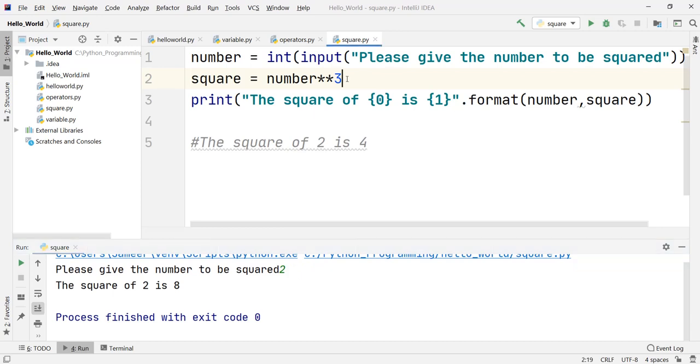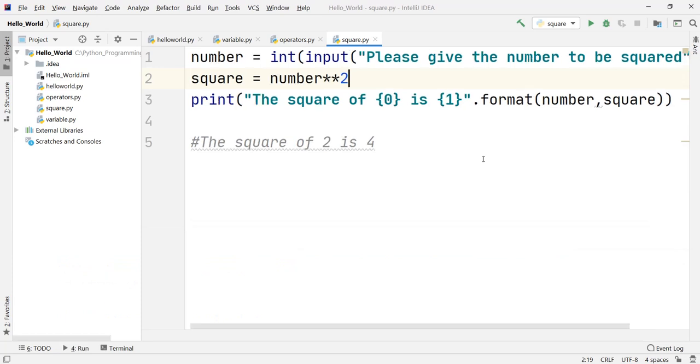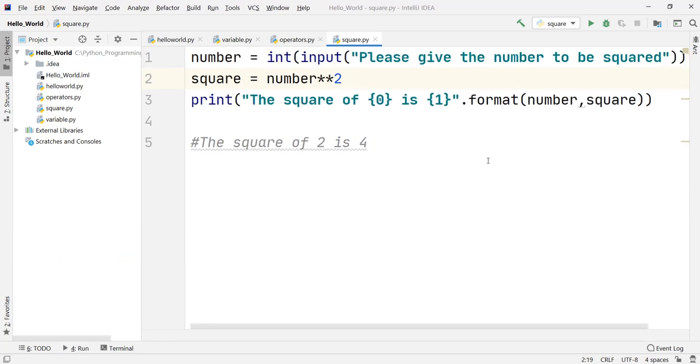The output is coming out to be 8, because now this will make the cube of the given number, but right now we wanted just 2. Okay, so I think you have understood what we have done and how we have evolved this code to make it better. Various concepts we have seen so far in this code were very new to us, but these are going to be a very casual thing in Python, because these are very simple concepts that we are going to use everywhere while coding.